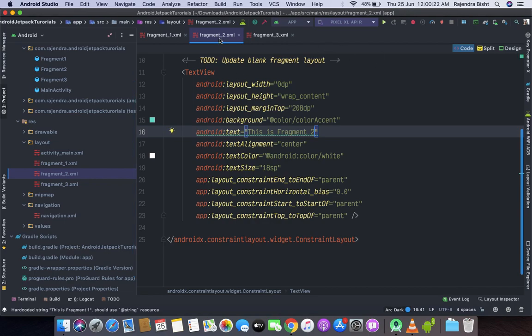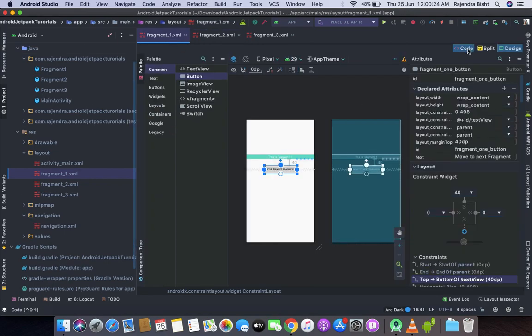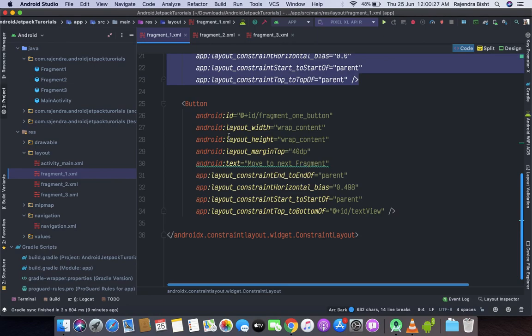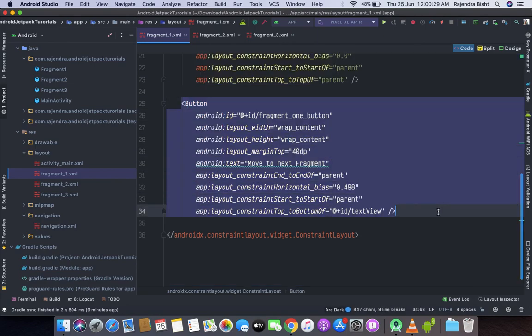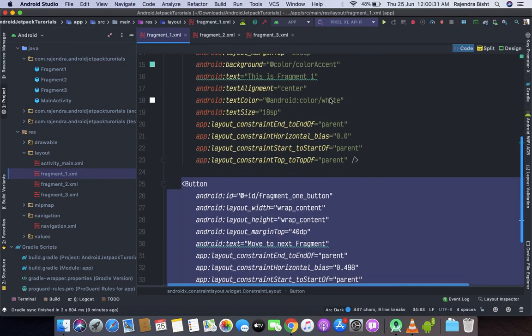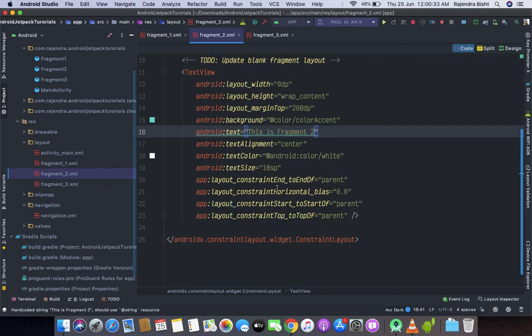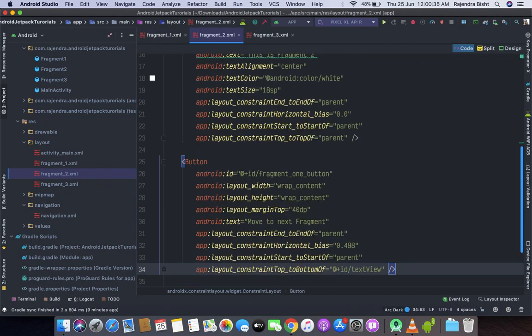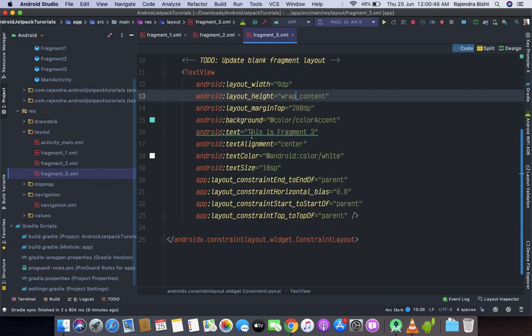Similarly, I will add a button. Let's copy the code and paste it here. Let's say fragment 2 button and fragment 3 button.